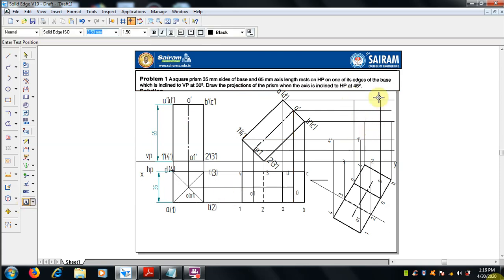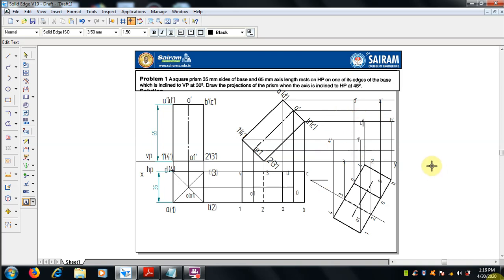Mention those points also where they get intersected. So A dash, the top view is A dash and D dash in that line, and B dash, C dash will be here.